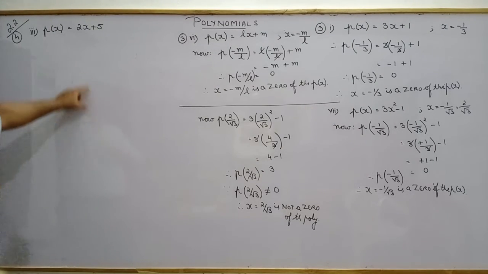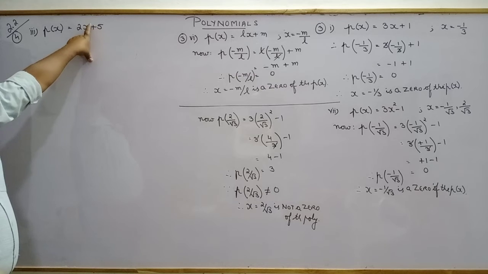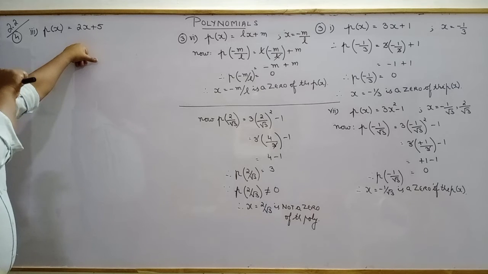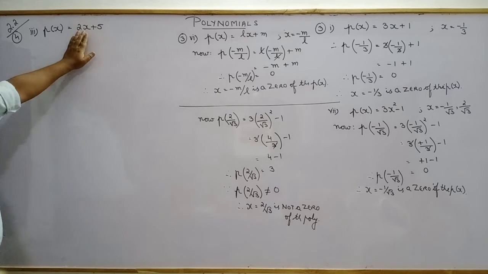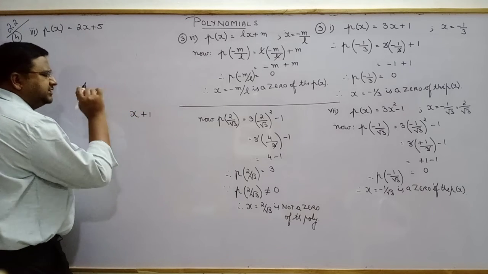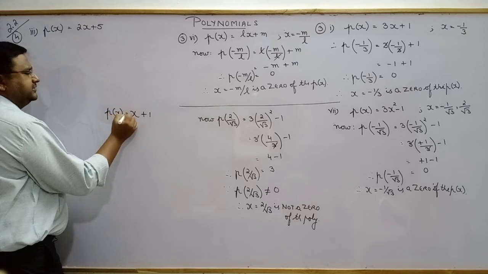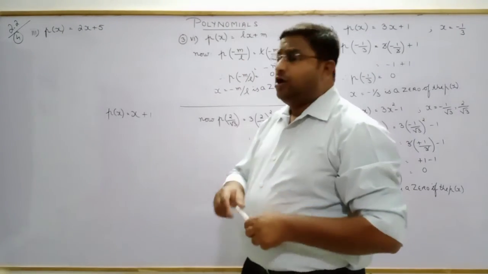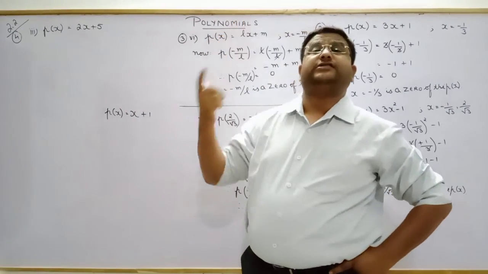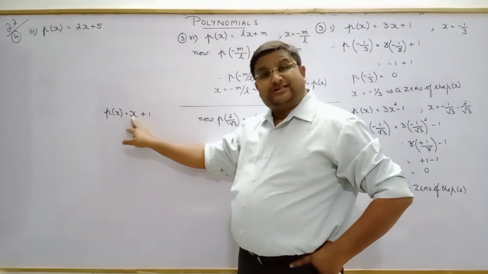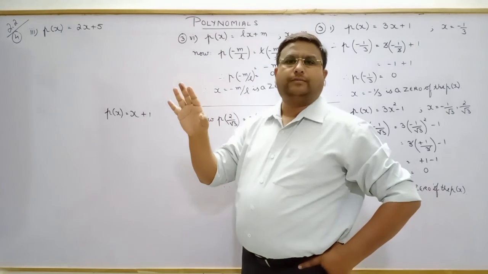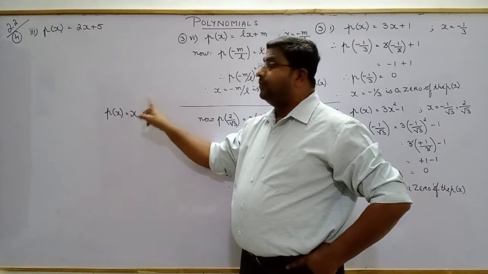So I can see one thing. Number 1, it is a linear polynomial because the degree is 1, so it will have only one 0. Correct. Number 2, it is a binomial and we have to find such a value of x. Just think, I am writing just one simple term: x plus 1 is a polynomial. P of x is equal to x plus 1. Can you think of such a value of x that will make it equal to 0? Yes, sir. Only one value is there, which is minus 1. If x is minus 1, then minus 1 plus 1 is what? 0. No other value. Why? It is a linear polynomial.